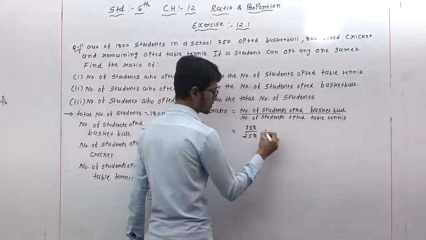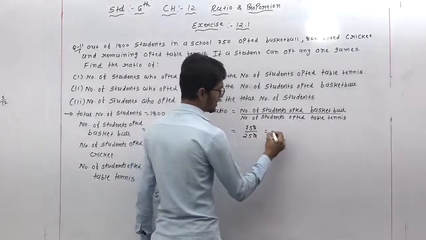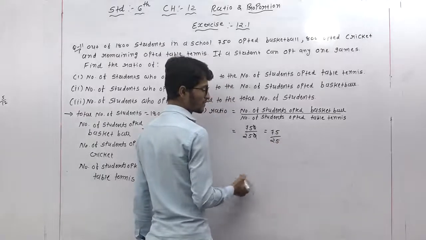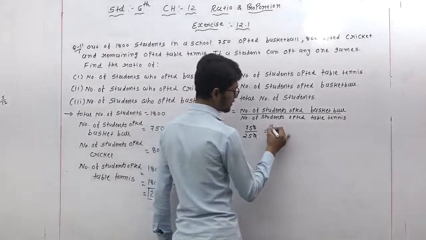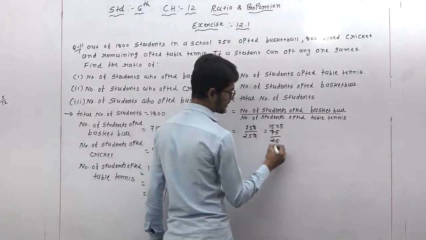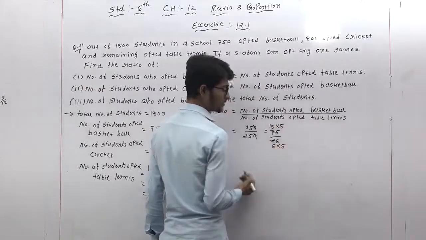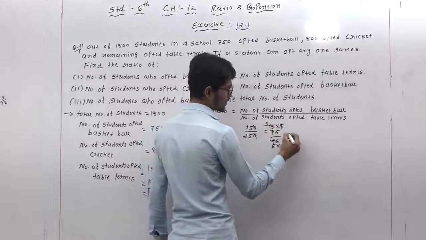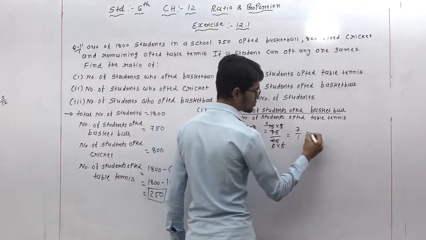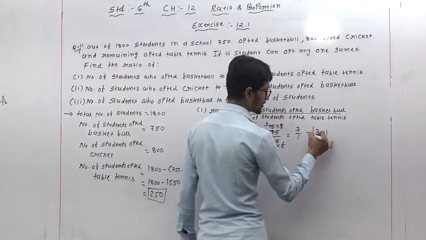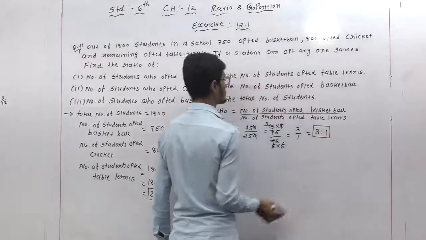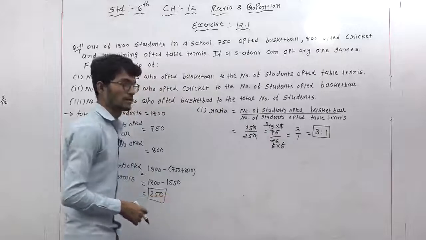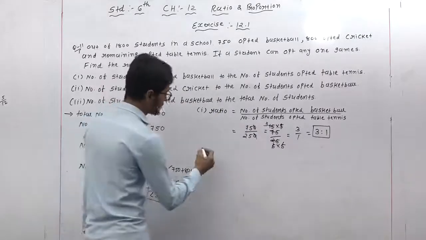0 and 0 cut. Here is 75 and 25, so 75 by 25, okay? 15 5s are 75, 5 5s are 5 5 cut, again 5 3s are, it means 3 by 1, so our ratio is 3:1. Yani ki first question's ratio is equal to 3:1. Okay, now the next questions,